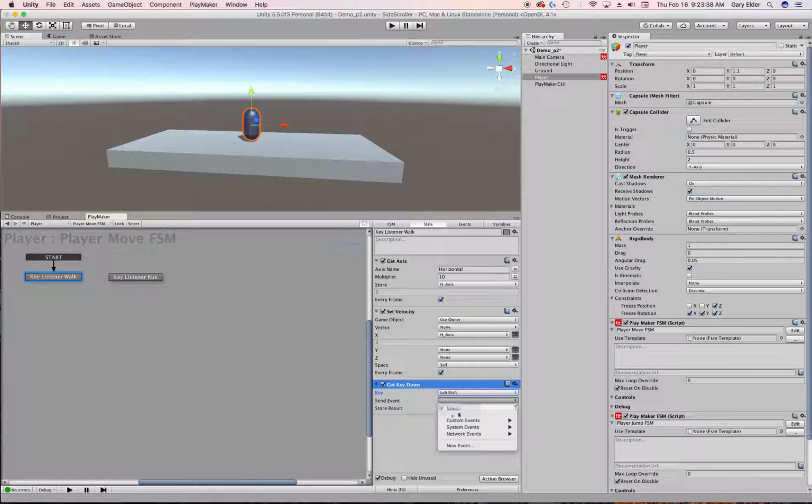And then I need to send an event, which I don't have yet, so I'm going to make one and say send run. It's giving us the warning that we're not using it, so I can click and it will add it over here. Then I'm getting a warning that we're not connecting it, so if I connect it, the other warning will go away. So now if I simply hit play,